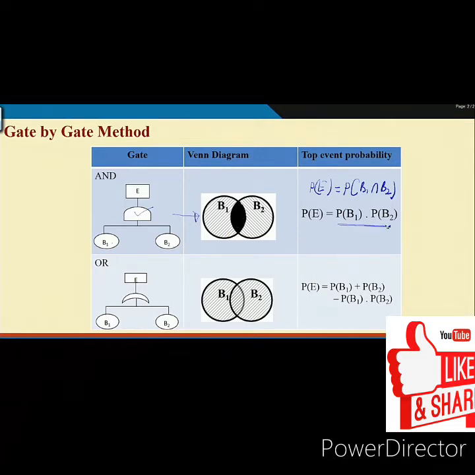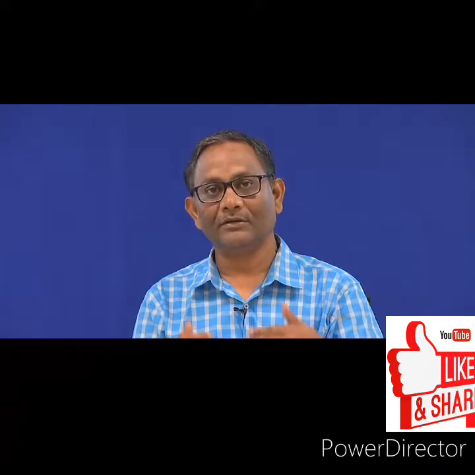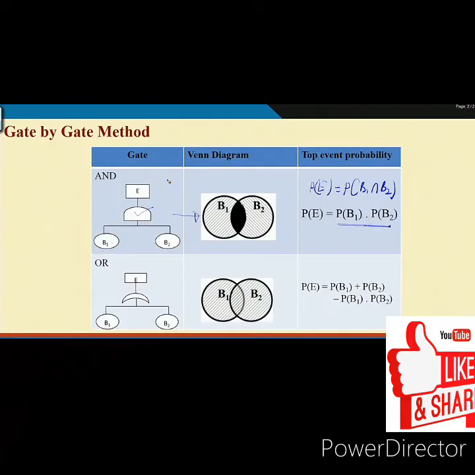So, suppose this is the simplest fault tree. You have one top event and two basic bottom events and your calculation is like this. Now, what will happen if you have B1, B2, B3? If they are independent, ultimately P(B1) into P(B2) into P(B3) like this. This is gate by gate quantification, but in a real fault tree there will be many gates, so you have to compute every gate. That is why the gate by gate method.